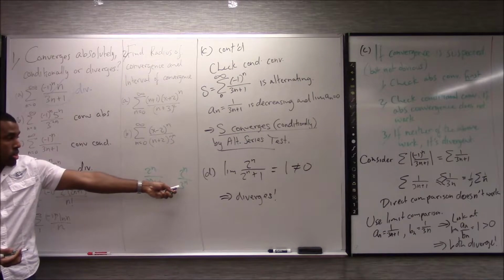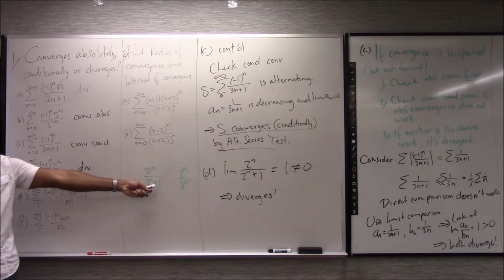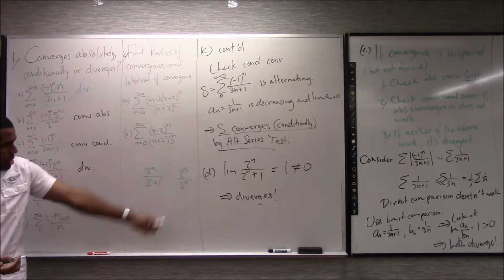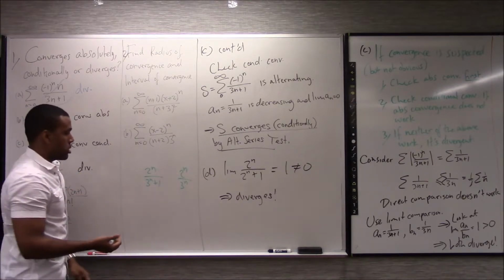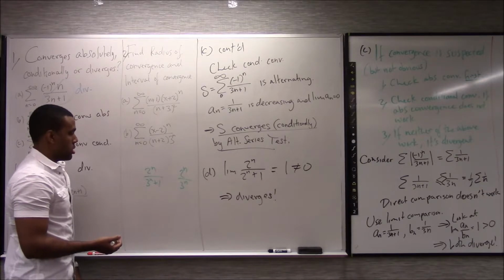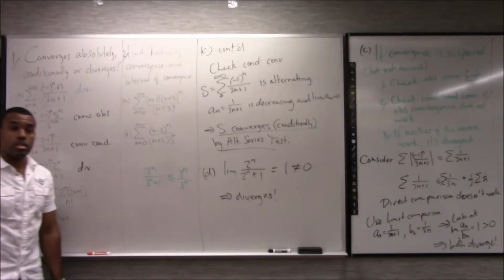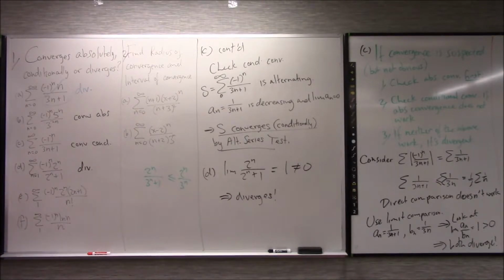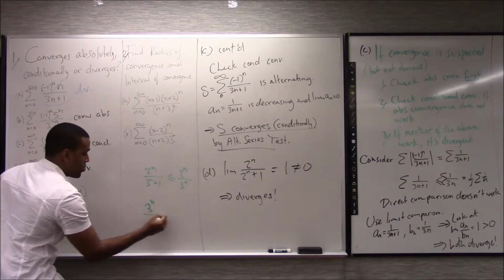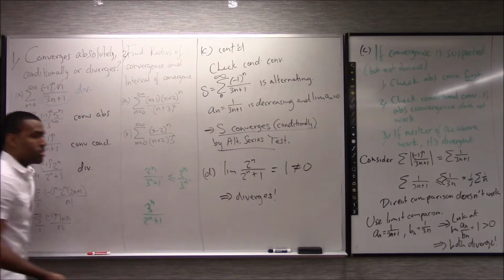So I know this converges, and I can do a comparison test. Which way would the inequality point? Just 3 to the n on the bottom is bigger, because the +1 makes the denominator bigger. So this is smaller than a convergent series, and I could use a direct comparison test here. So directly compare with a geometric series. If for example the top was the 3 to the n and the bottom was a 2 to the n,